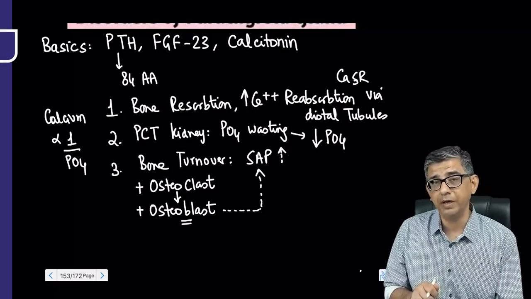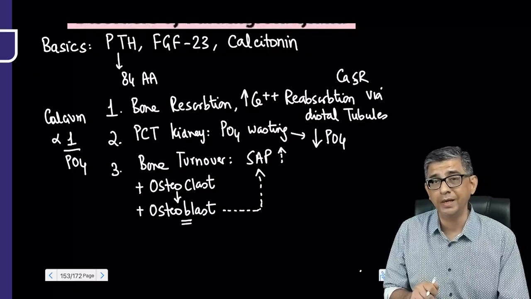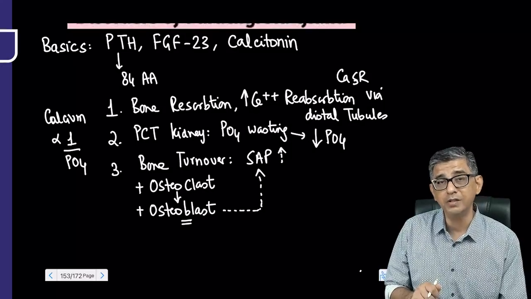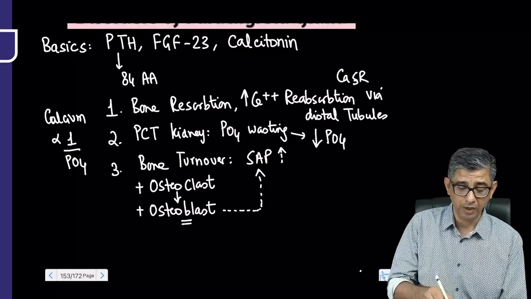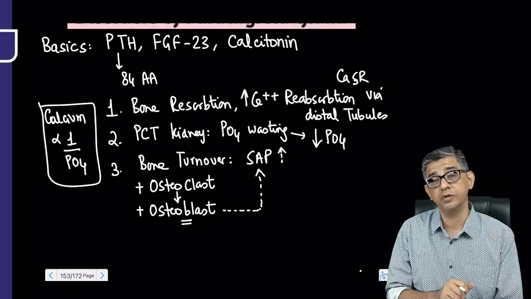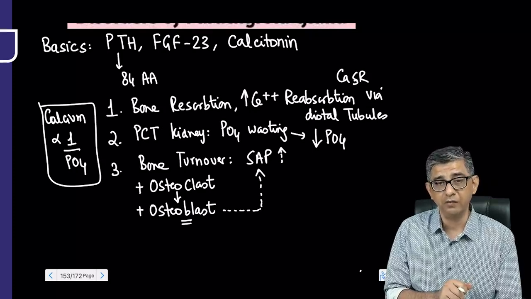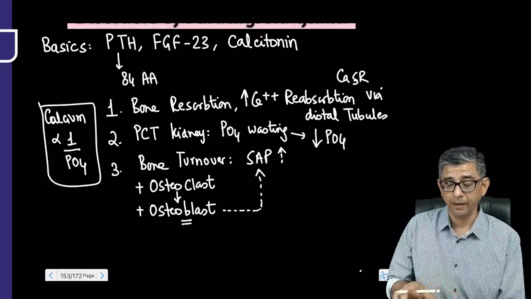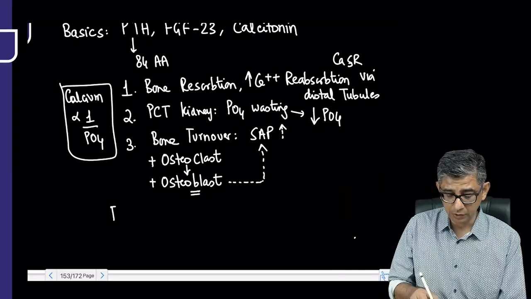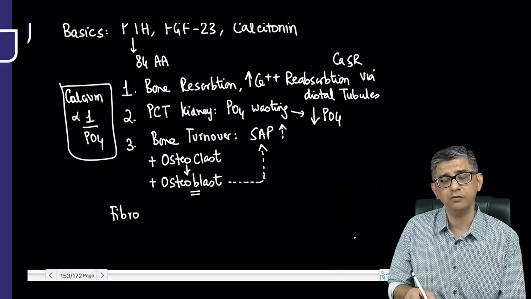I want you to remember PTH via the distal tubule tends to increase calcium, and via action on the proximal tubule tends to decrease the value of phosphate, which is why every time we are having a PTH problem in a patient, whether more or less, calcium and phosphate values would always have an inverse relation. The next thing on the agenda on this particular slide would be details with respect to FGF23,